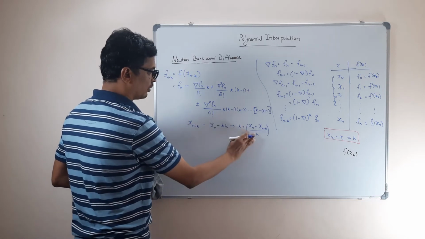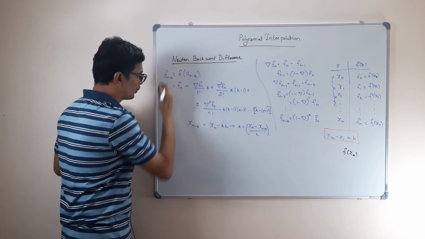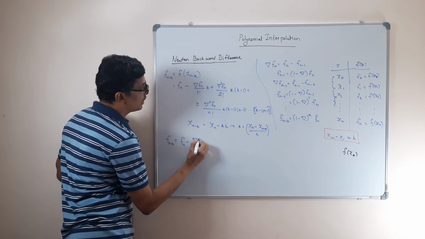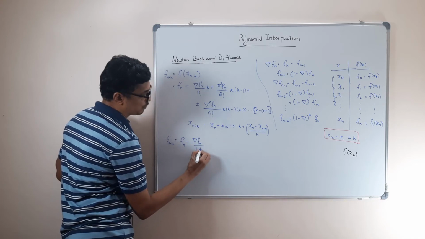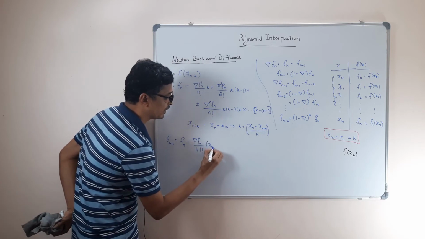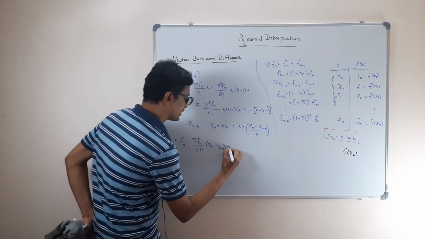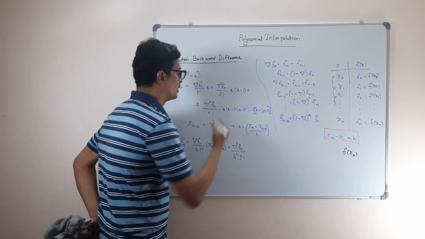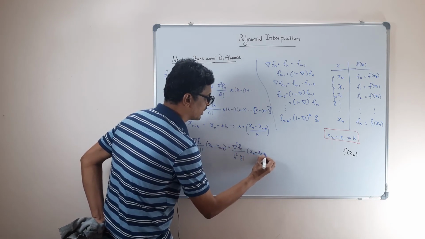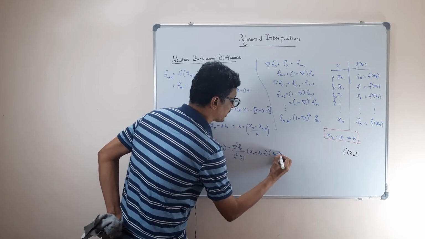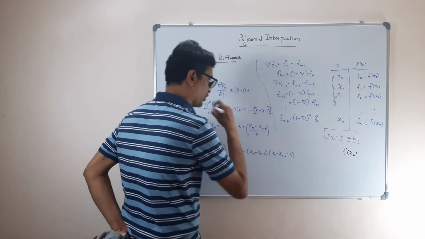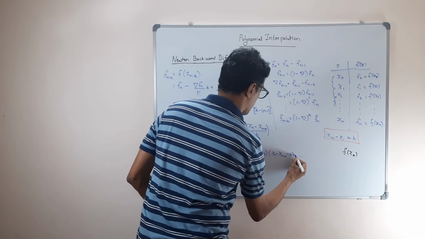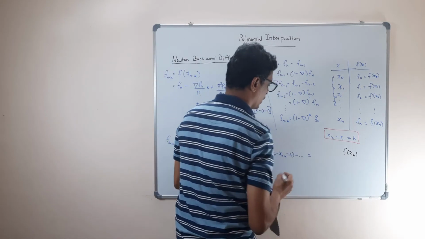So let us substitute this k here the same way. We will substitute this k and take all the h terms outside. So f of n minus k will be f of n minus nabla of f of n by h 1 factorial into x of n minus x of n minus k, plus nabla square f of n divided by h square 2 factorial, and this is going to be x of n minus x of n minus k, and the next term will be x of n minus x of n minus k minus h, the same way what you had done earlier. So plus, go on, then next will be minus, and then go on, and finally we are going to get plus or minus of